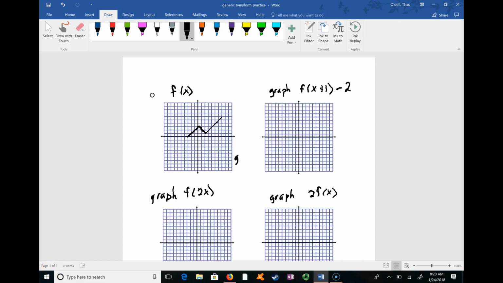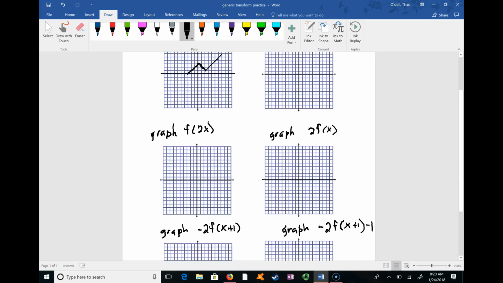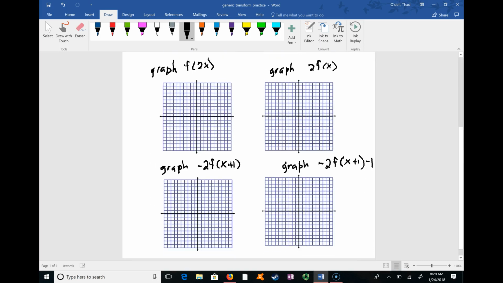So here's some more examples of applying transformations without, instead of using a parent function, we'll just use some generic graph. This will also help remind us of the function notation idea. So notice what we're saying here is that f of x, the function I'm dealing with, or in a sense the parent function, is this little graph right here. So then we're going to do the following transformations to the same graph and see what